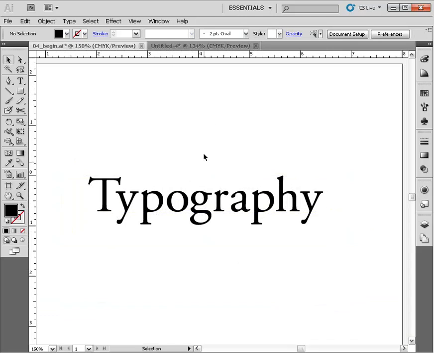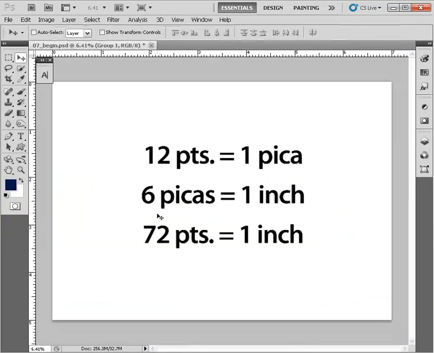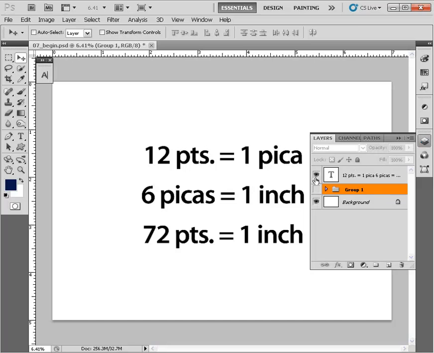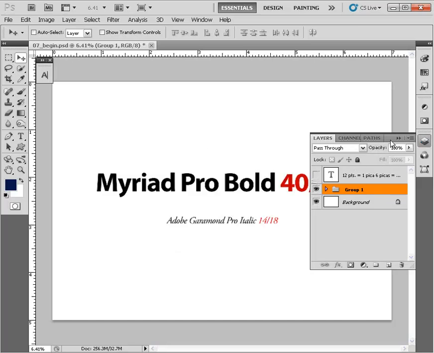Now, I tell you what, I'm going to bounce back over to Photoshop into the document we were working on here, because after you've understood the math behind how type is measured, you also need to understand how to communicate these type measurements to whoever you're talking to, whether this is somebody at a printer's office, maybe a pre-press person, or maybe even someone at a service bureau, or heck, it could be your creative director. So let me go ahead and hide this layer here, and let's talk about how we convey